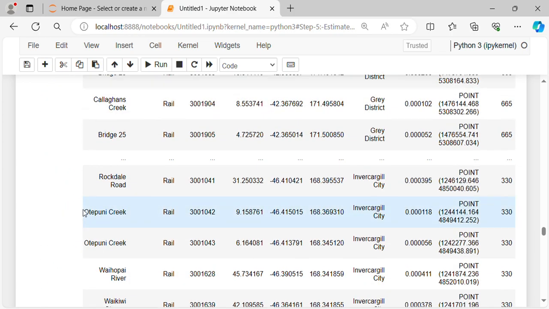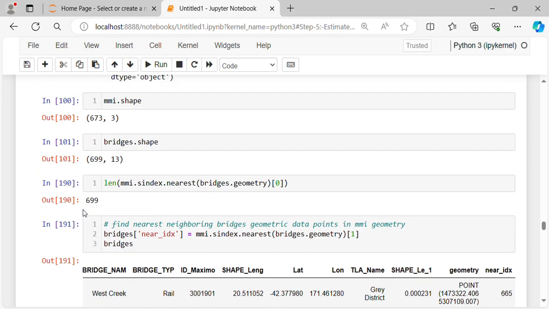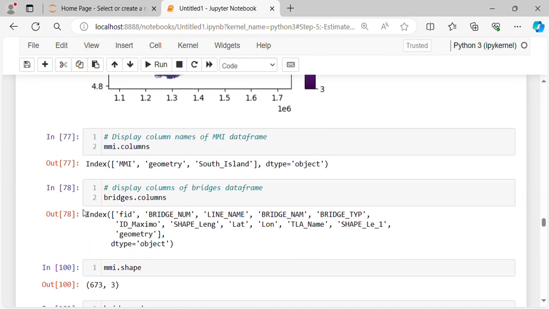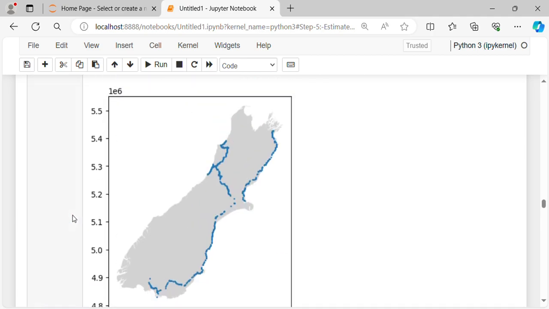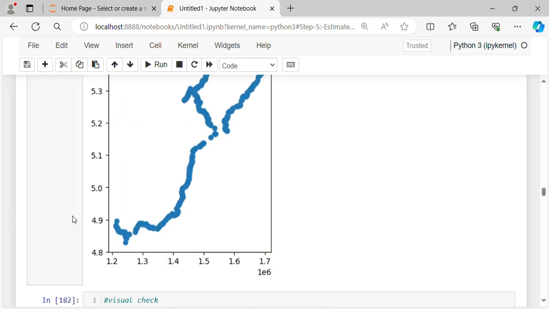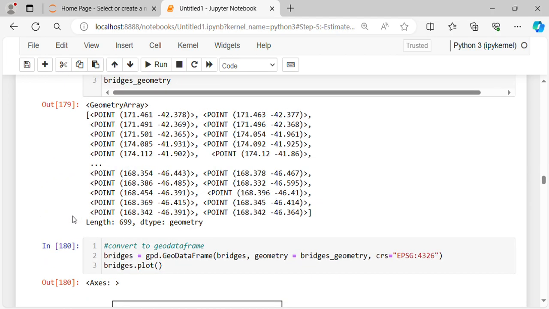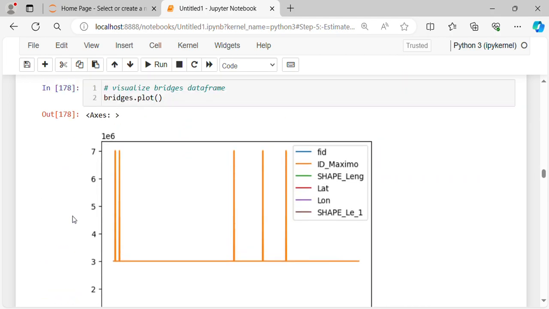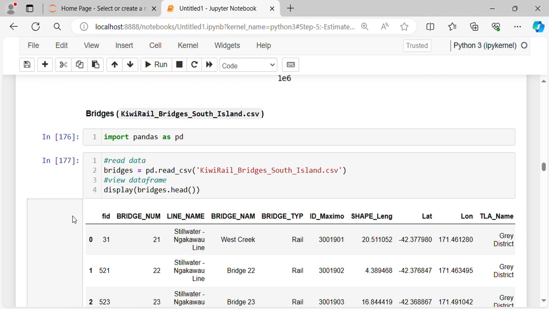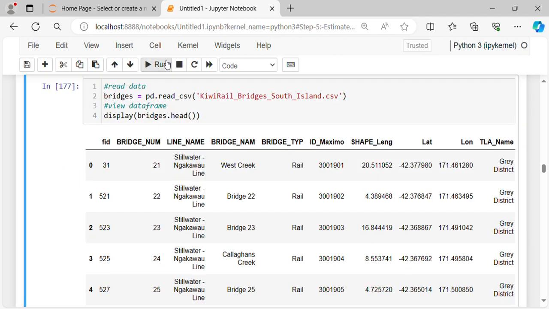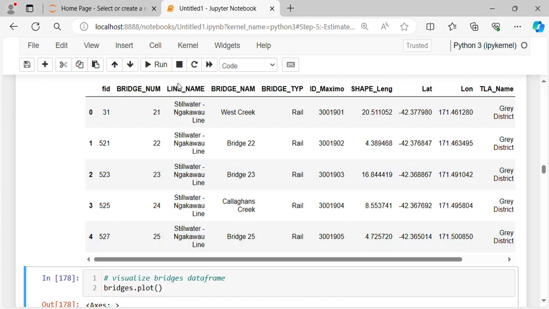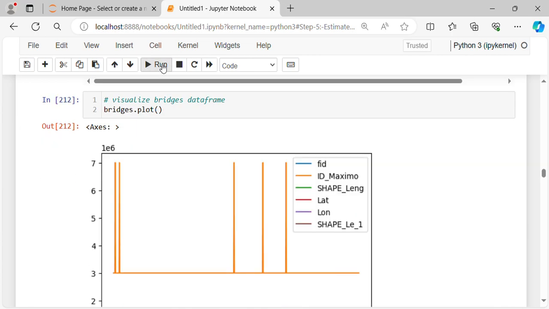We lost previous data because we let it equal to the tail part, and we need to run the bridges commands again. So for vendors, we're reading the file, then we're plotting,